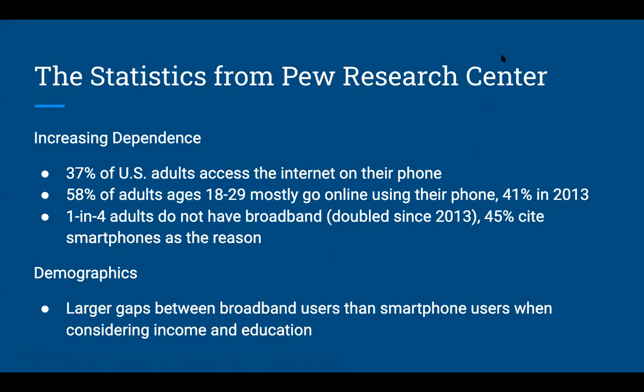In the second part where you see demographics, all of these statistics change dramatically when we're talking about people who are low income and low education. And that's to say that they tend to use their smartphones more in place of broadband because it's more economical, and because they have to have phones anyway. They often can't purchase computers and laptops. So if you're teaching in adult education, that's who you're teaching, and smartphones is what they are increasingly relying on to access the internet and to do all sorts of things. So I think it's really important that we address that need.